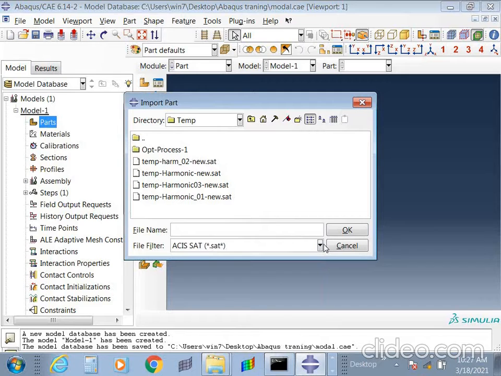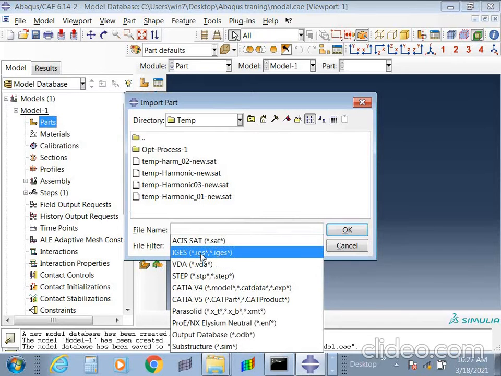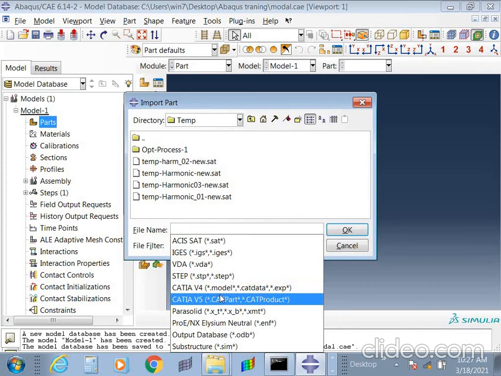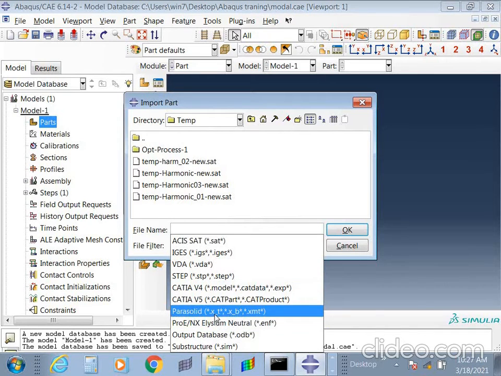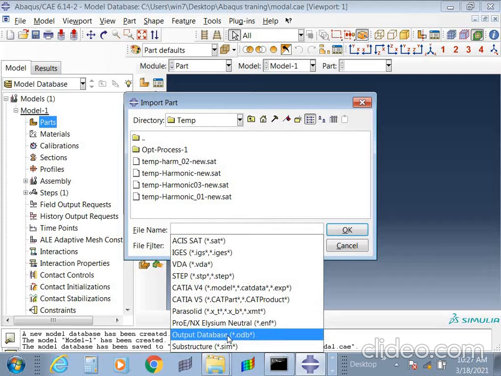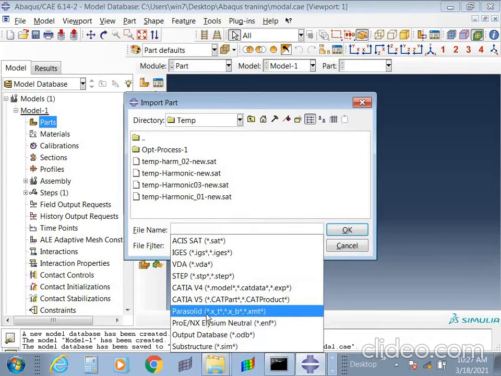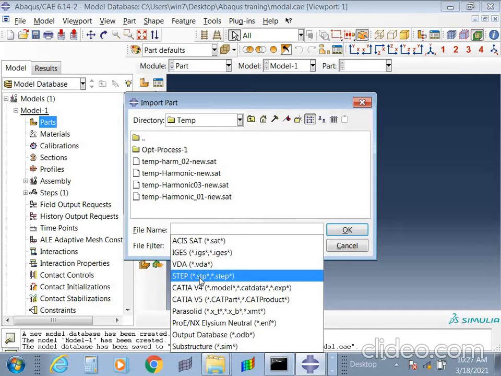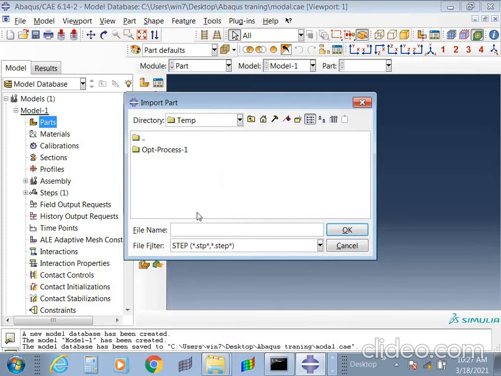You can see various options like IGS, VDA, STP, CATIA. These are particular software formats, Parasolid, ProE, or .odb. What I require is .stp, the step file that I have taken.